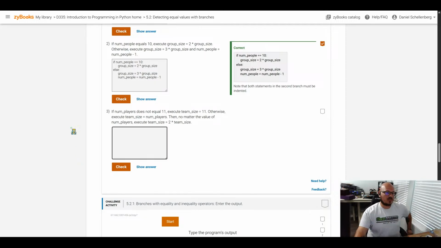Okay, so last one here. So if num players does not equal, so we'll do the not equal to 11. And you always end an if statement with a colon. So we're going to do a colon at the end here. Execute team size is assigned 11,